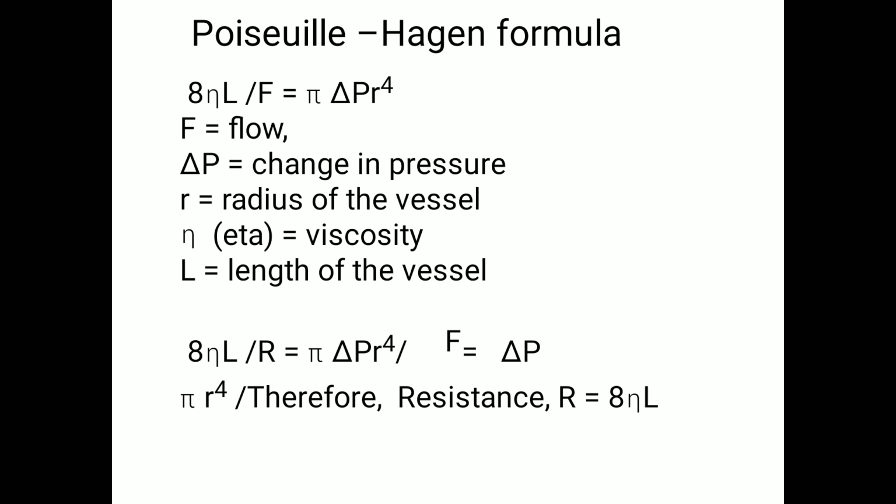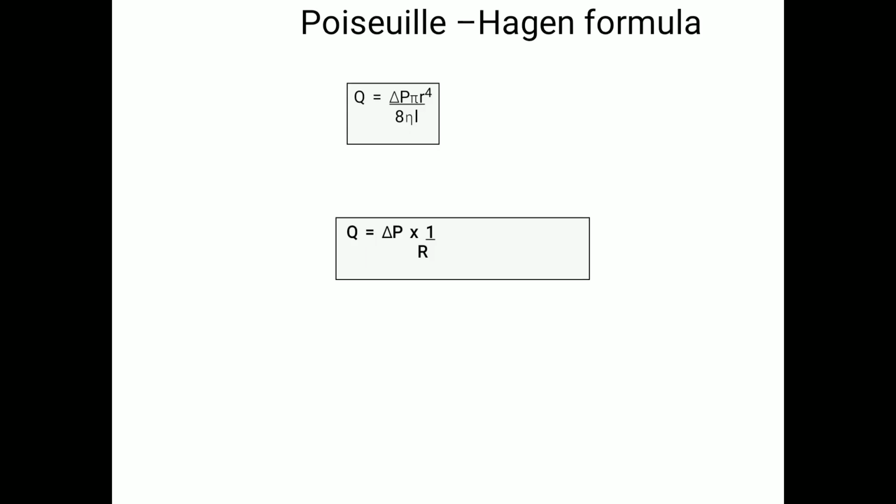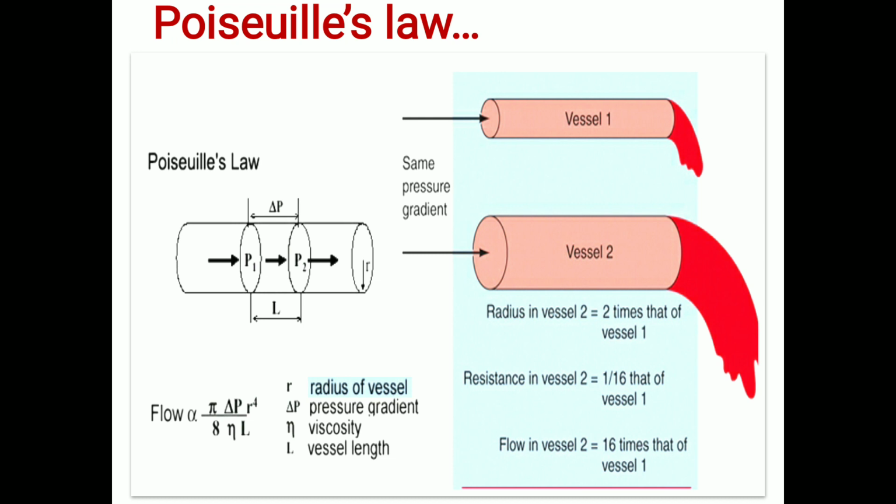So physiologically, the blood flow to the different body organs can be so effectively regulated by small change in the caliber of the arterioles. So arterioles are the site of peripheral resistance and they offer maximum resistance to the blood flow. So you need to know this formula, very important from the exam point of view. This Poiseuille-Huygens formula is very important, and from this formula itself you will come to know what are the factors this resistance to the blood flow is being influenced by.